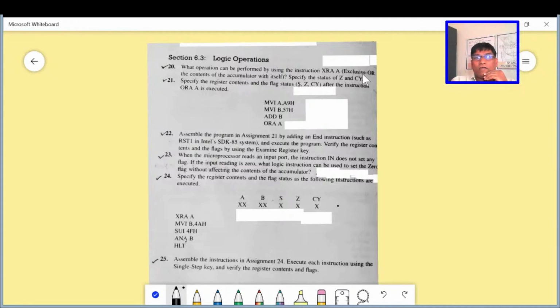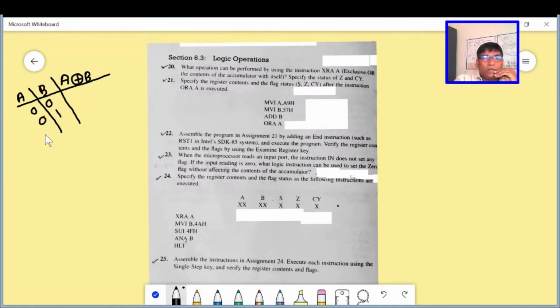XRA means exclusive OR, and as far as exclusive OR is concerned, we are again repeating: if we have A exclusive OR B operation, and the contents of A and B are 00, 01, 10 and 11, what is the exclusive OR operation?